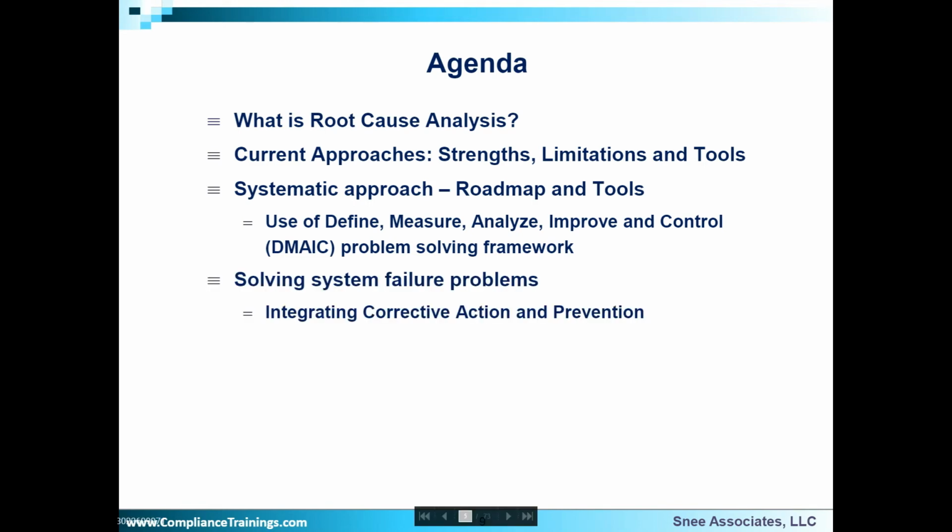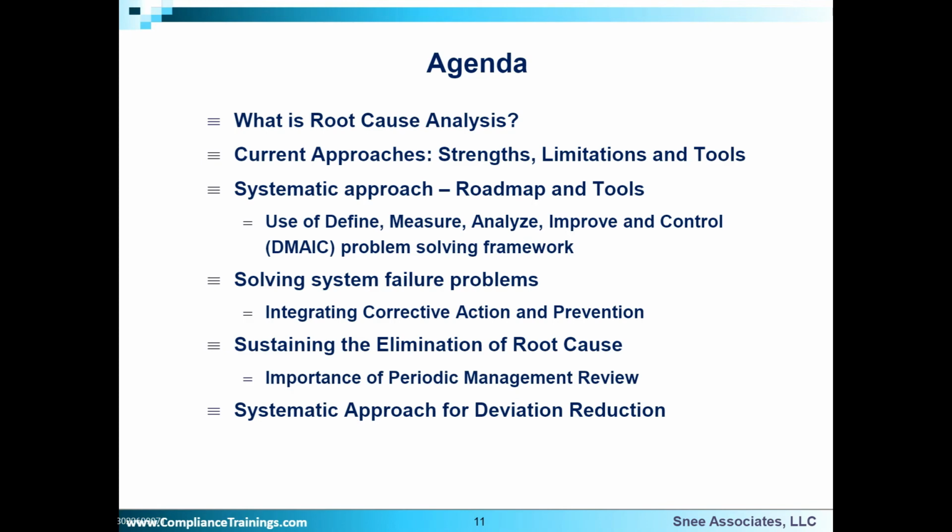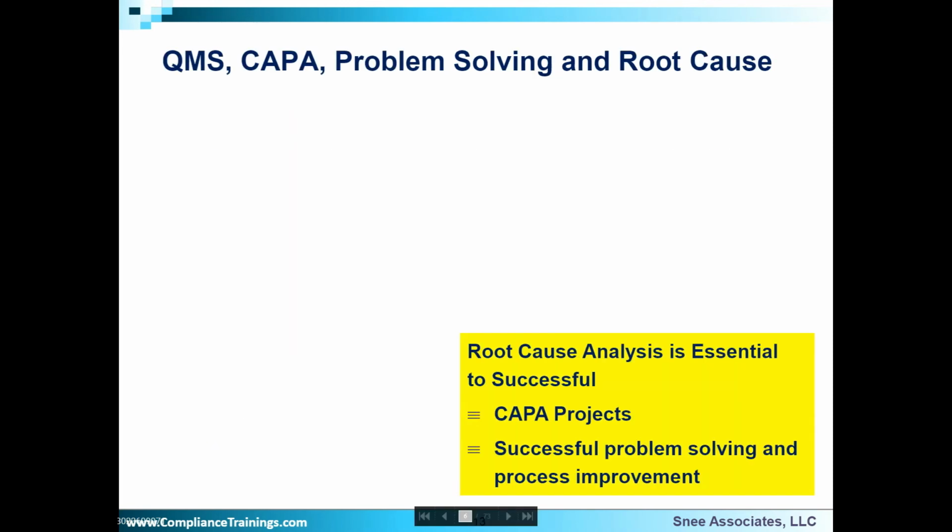We'll talk about solving system problems and integrating corrective action. We'll talk about the very important matter of sustaining the elimination of root causes and the importance of management review. And built right into the system that we'll talk about and built into the DMAIC approach is the whole idea of sustaining improvements over time. We'll mention a little bit about the systematic approach for deviation reduction, which is integrated right into the approach that we're talking about, and then of course there'll be the summary and conclusions at the end. So keep track of any questions or comments that you might have, and we'll deal with, as Ramesh says,